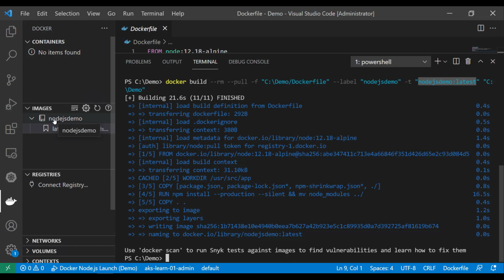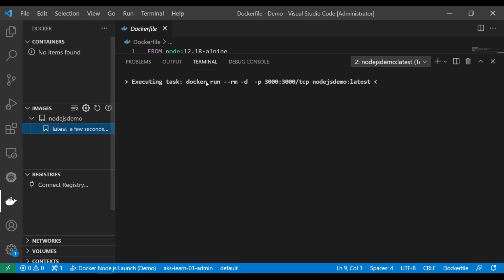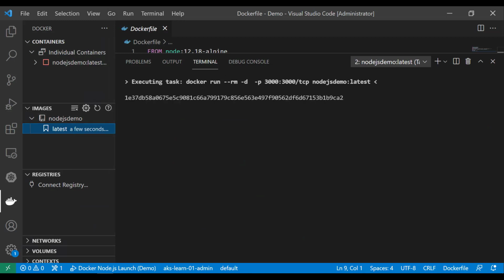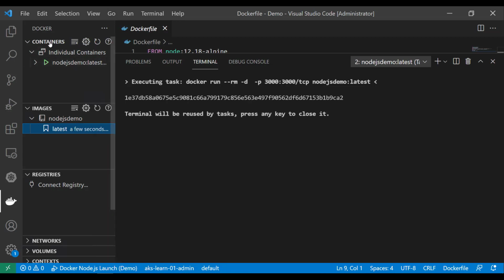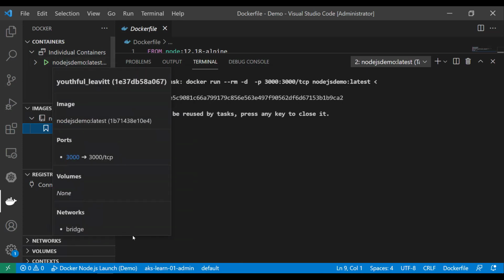To test this image, I can run it right here on my local container. I can specify the run command, which will start this image with the help of the docker run command. You can specify docker run manually, or you can use Visual Studio Code, and you can see that one of my containers has started running, and I can now test my application.